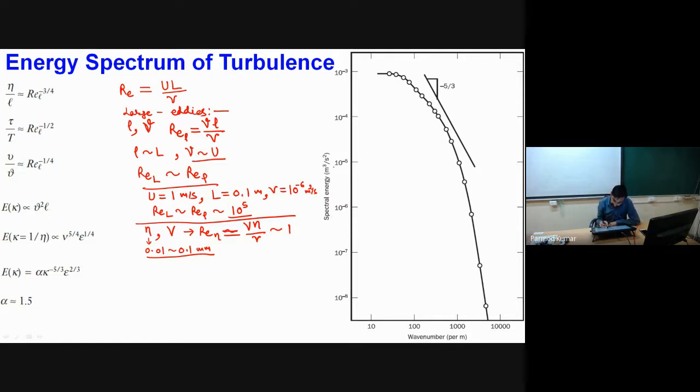Let me first define what spectral energy is. What is the kinetic energy associated with the flow? If I talk about turbulent kinetic energy, that is half of the kinetic energy per unit mass. Kinetic energy per unit mass will be half of V squared, and if we have turbulent flow, then obviously I will call it V dash squared. The unit of this is meter squared divided by second squared. So this is the unit of kinetic energy per unit mass.